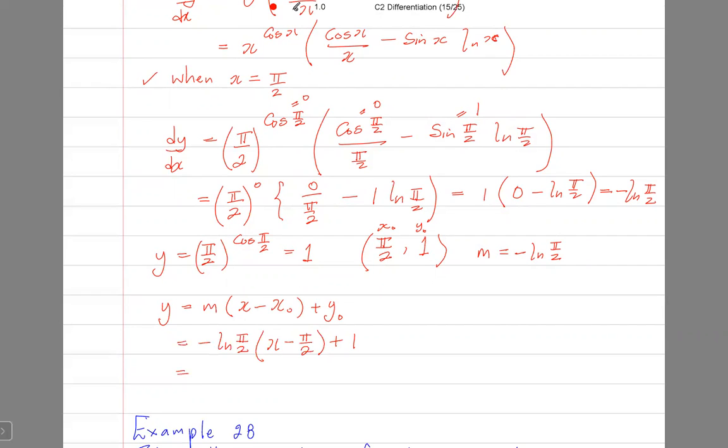I'm going to remove the bracket by applying distributive law. So this is minus ln pi by 2 times x, minus, sorry, negative times a negative is a positive, positive pi by 2 ln pi by 2